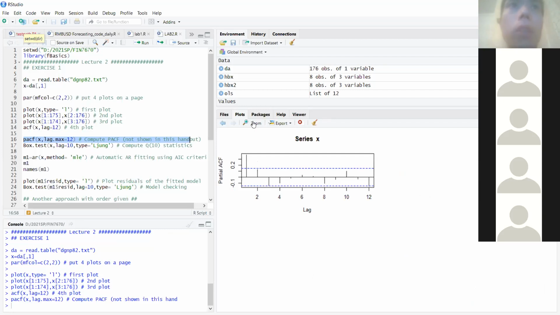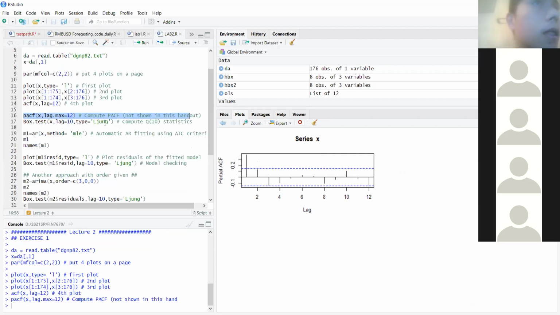You can enlarge it and look at it, just click on the zoom here. So you can say there is kind of a first one, a second, and a third, pretty much nearly close to the significance level. So the AR1, AR2, AR3 models will probably be possible candidates, right? And then we